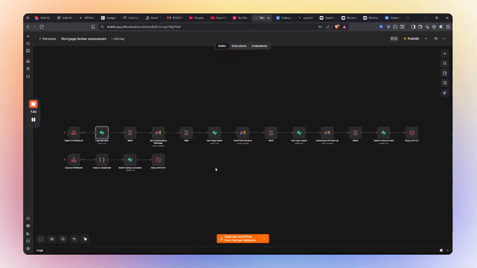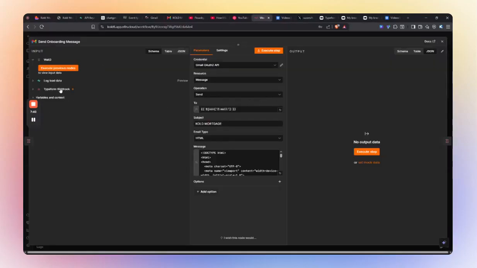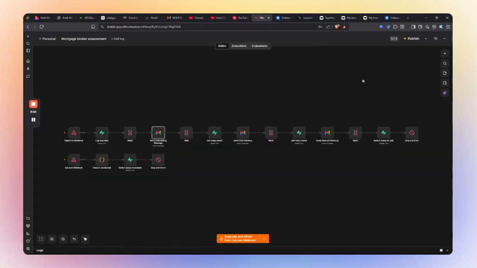Then you can basically just ask Claude to help you write the HTML code, and once you open the node, you map the Typeform response for the Gmail node. Then you map the response to the Gmail section. Then you add the subject and select the email type as HTML. Then this would be the HTML code that Claude would write for you. Then it will be followed by a wait node that would wait for a day or two. This will be for a couple minutes. Then after a day or two,